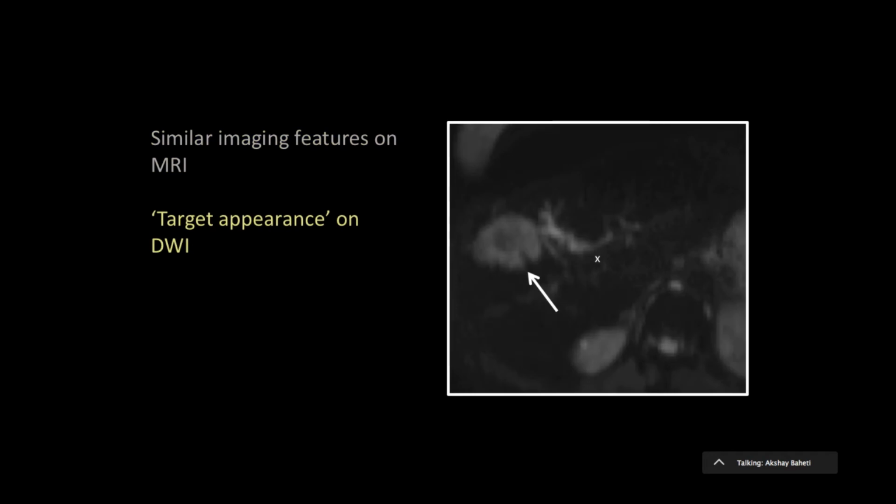And MRI again will have similar features, apart from the same thing, the enhancement pattern, etc. Because again the periphery is viable, you can get a target appearance. So target appearance on diffusion: viable periphery which is restricting, the center is fibrosis, not restricting. It's supposed to be more classic for cholangio than HCC. So if you say target appearance, even in the cirrhotic liver, we think of cholangio. So targetoid morphology is something which is supposed to be classic for cholangio.